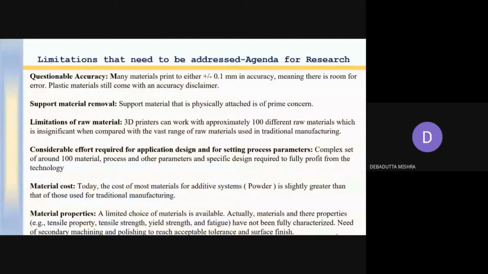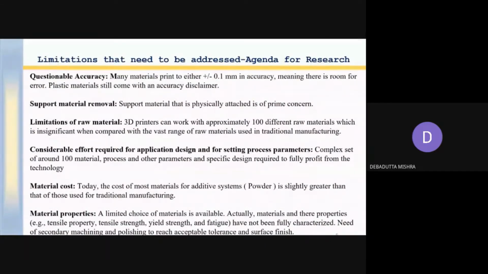Another issue to be addressed is the considerable effort required for application design and for setting process parameters, because this is a newer field, and every day we are getting newer materials and newer processing conditions.